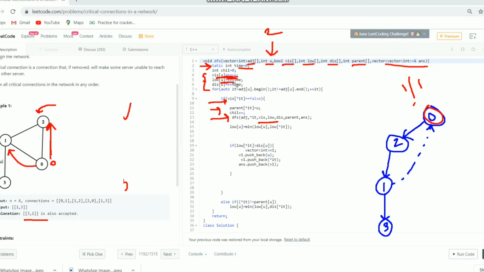I'll increase the time of low and discovery inside the array. So for vertex 2, the low time and discovery time will be 2 by 2. So this is my discovery time and this is my low time. Discovery time means, while traversing the graph using DFS, the time taken for